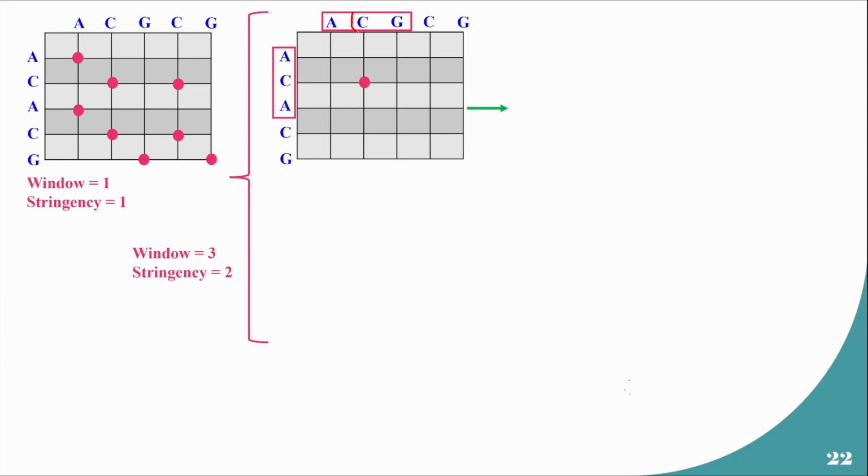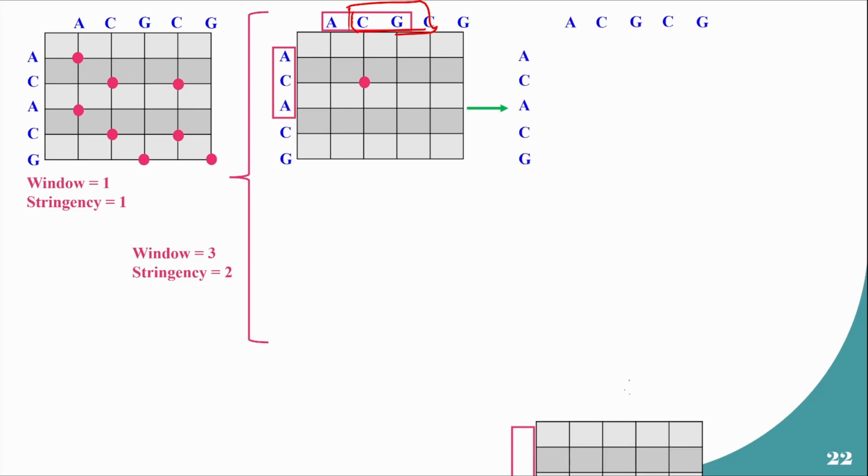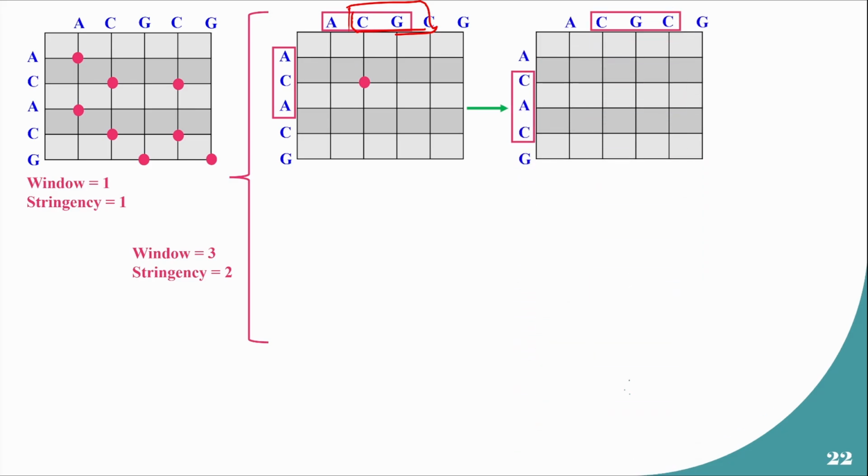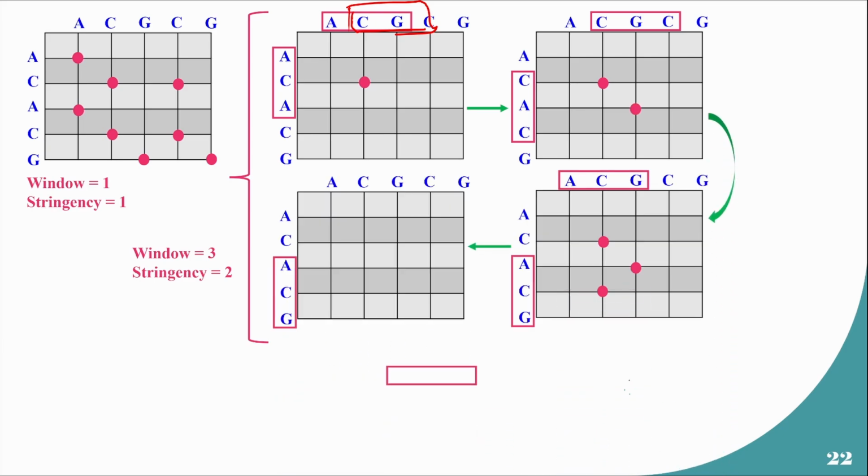Yeah, so after ACG, the next window you have to count, for example, CGC, these three elements. Here again, you are finding matches for CGC and CAC. So you can put a dot here because C and C on the first and third position match. And then you can fill out the entire matrix. And then you will notice in the end, the number of dots is obviously reduced from the initial